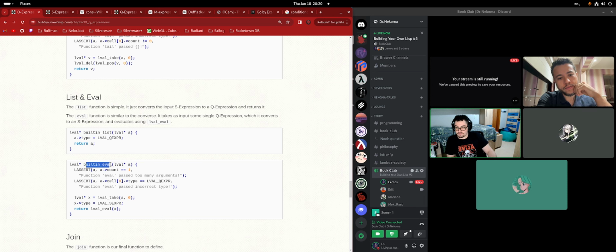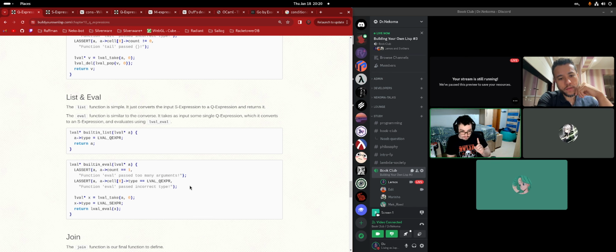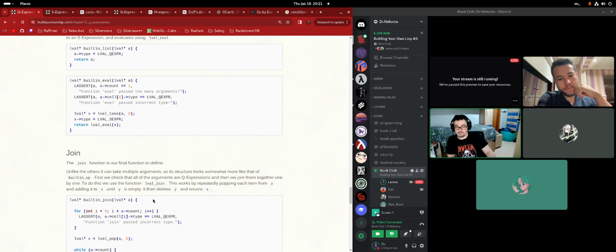Now we're going to make the eval, and the eval is kind of simple because you just check the conditions. Once again, the eval should receive a Q expression and return an S expression. Because they are the same thing, as far as the parser is concerned, but at this level we don't care. You check it as an S expression, and if it's a Q expression, you set the type and then you call the eval that we've been using all along. Then you actually do the eval work that we are about to see down there. Very convenient.